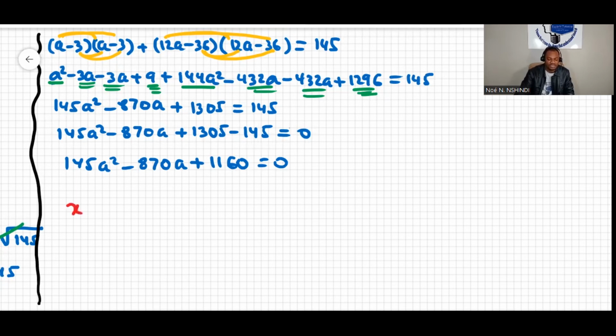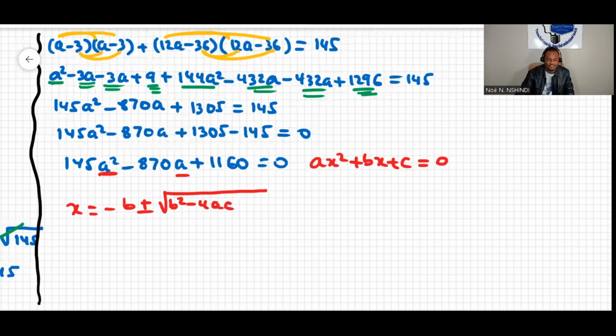Remember, I'm saying quadratic formula because we have a square there, and it is of the form ax squared plus bx plus c equal to 0. Whenever we have this form, we can use the formula x is equal to negative b plus minus square root of b squared minus 4ac, all over 2a. In this situation, our x is a, so a will be equal to